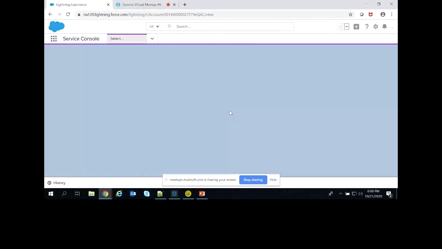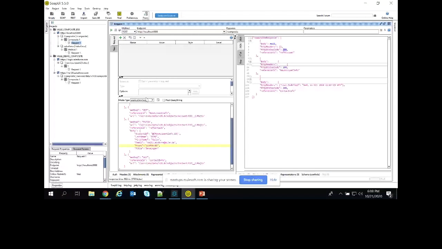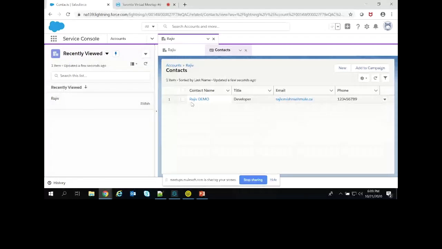If I try again and change the last name to demo, and the phone number to 1 2 3 4 5 6 7 8 9, the response time is 6 to 7 milliseconds. If I refresh the page, the contact name has become Rajiv demo, and the phone number has also updated in Salesforce, with the Rajiv account.